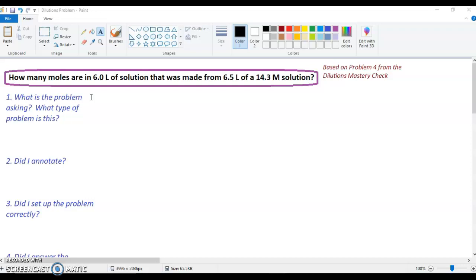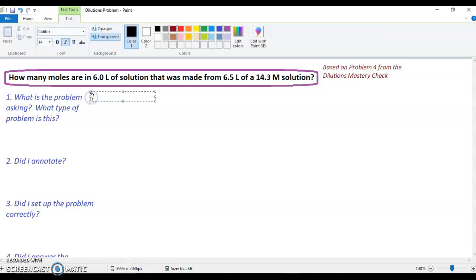All right, so I'm going to take you through my thought process for this. The first thing that comes to mind is what is this problem asking me? What type of problem is this? And so,